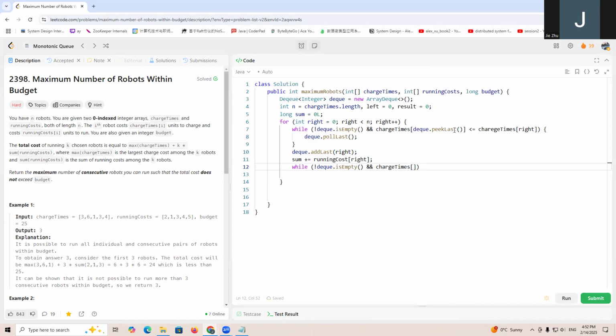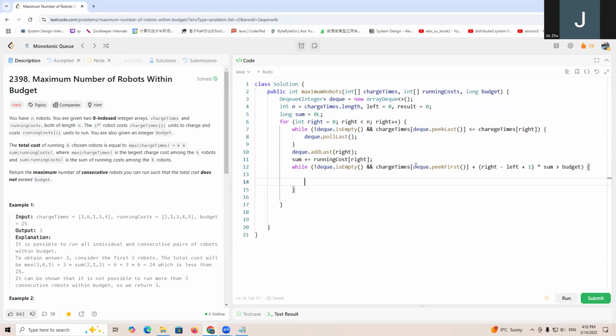The max will be the deck's first element, the charge times of deck peek first, multiplied by k, plus this formula: k multiplied by sum, where k is right minus left plus one. If this is greater than budget, then we need to shrink our left